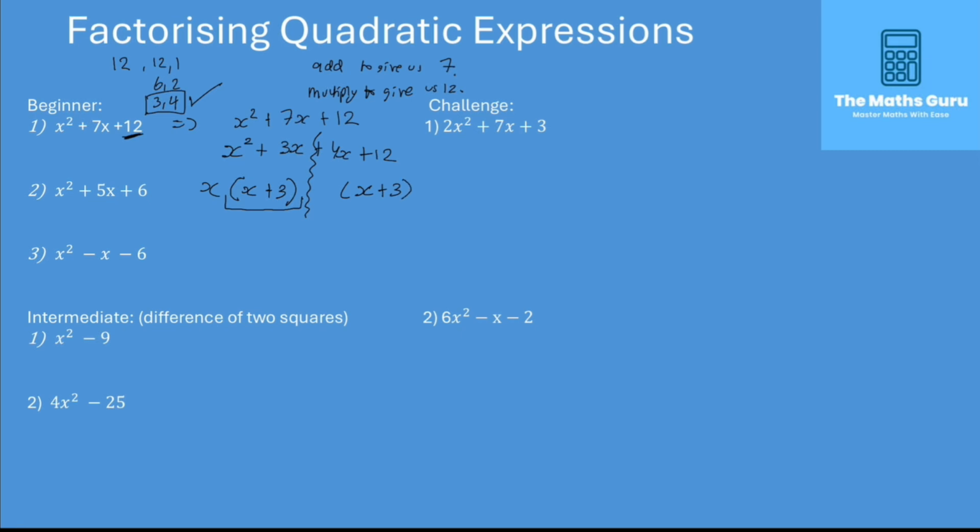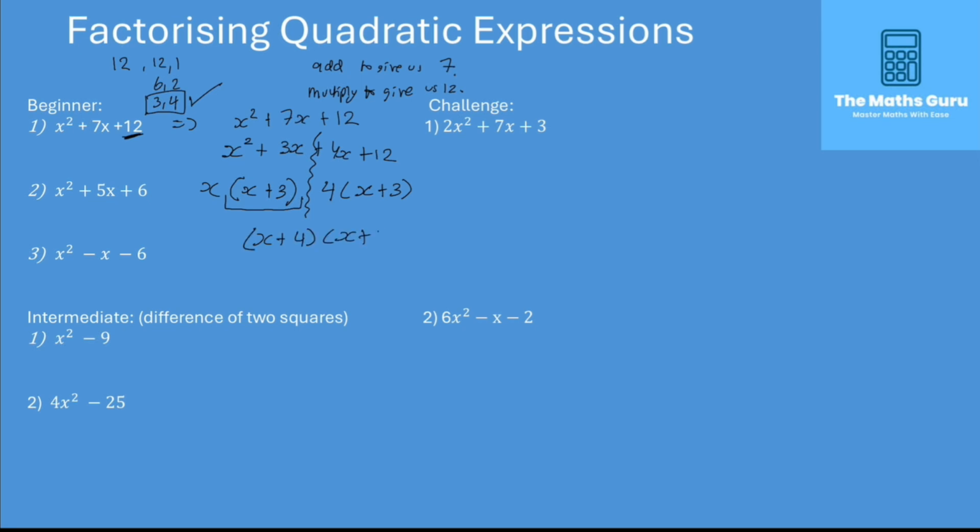And then we say, if we have x plus 3 here, how do we get from x plus 3 to 4x plus 12? The way we do this is to put a 4 outside, because 4 times x is 4x and 4 times 3 is 12. So then we can see that our two brackets are x plus 4